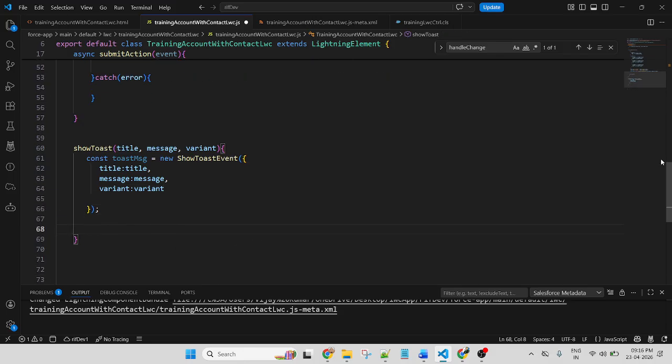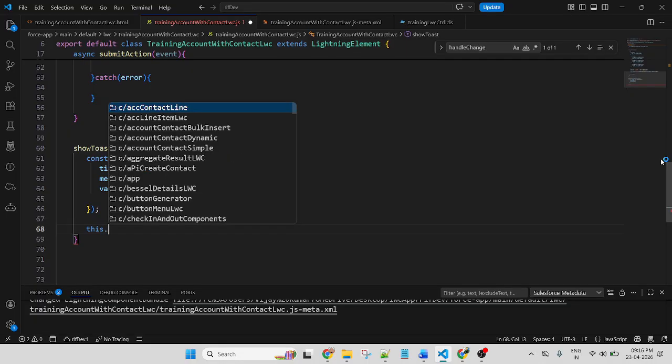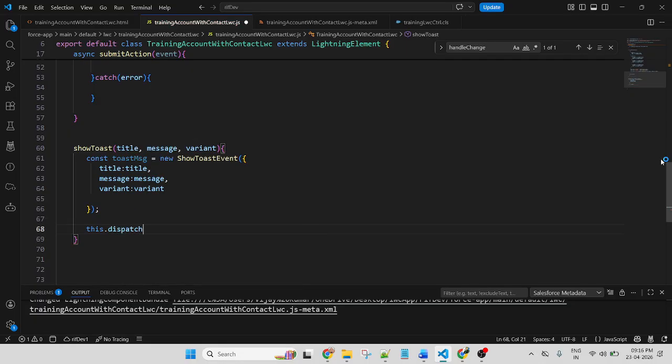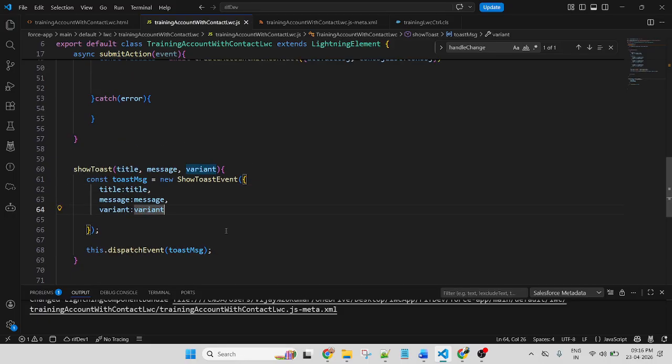After that, this dot dispatchEvent. This is a variable. This variable I passed inside the toast event, dispatchEvent here. So this is a parameter. This parameter applies here, and this value I will get dynamically.